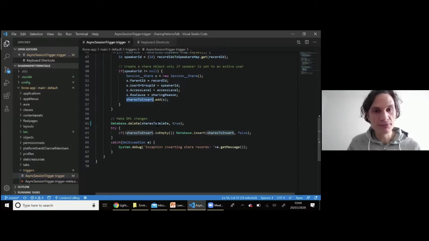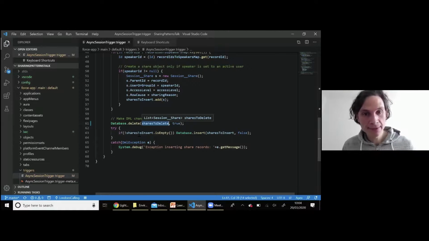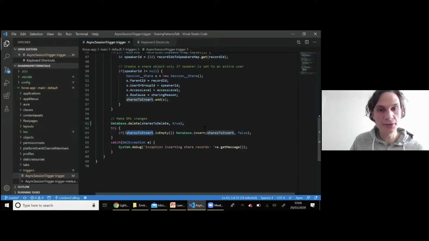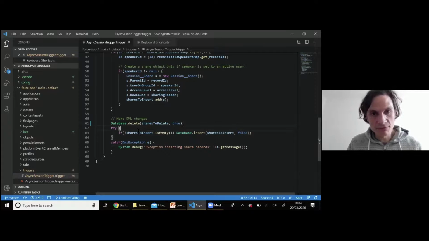And then finally, we've got our list of everything, all the shares to be removed, all the shares to be created. We go ahead and delete all of the sharing to be deleted, and then we insert all the sharing that needs to be created. So we're doing this as part of a try catch, and with database.insert with all or nothing false. So that kind of helps protect against some of the exceptions that Salesforce may have around